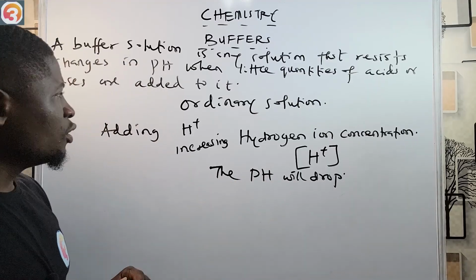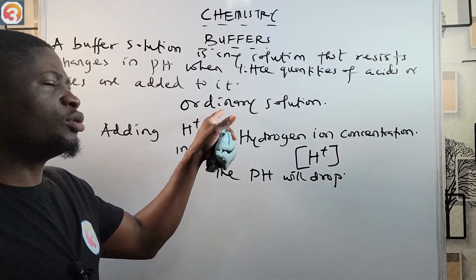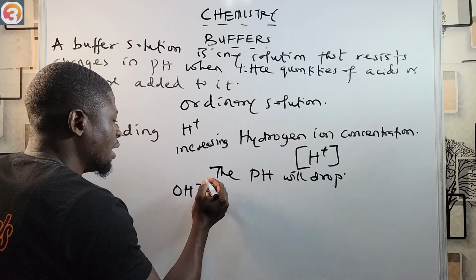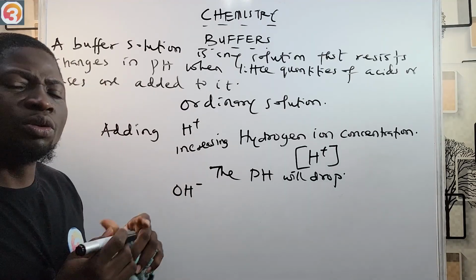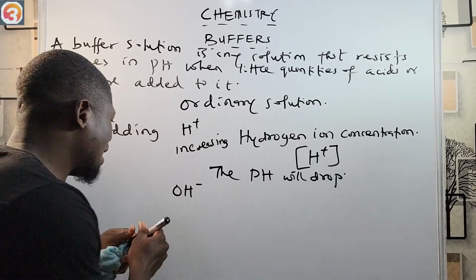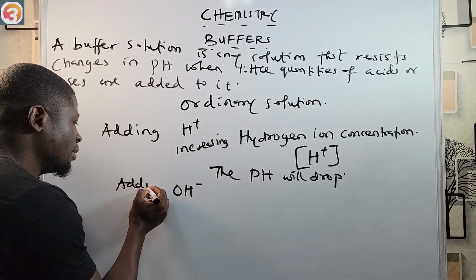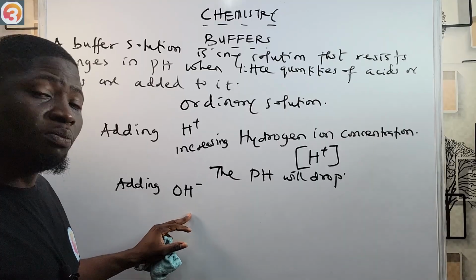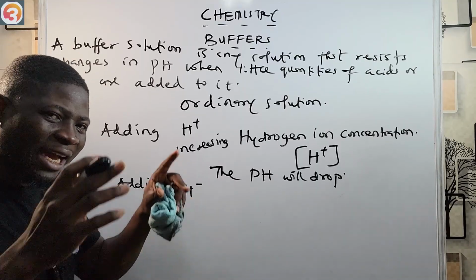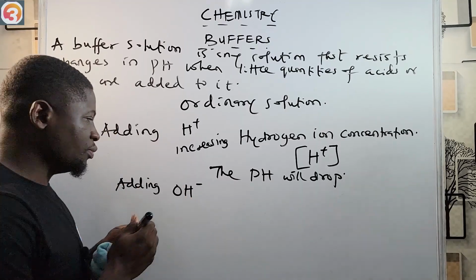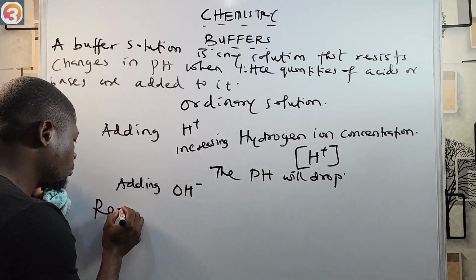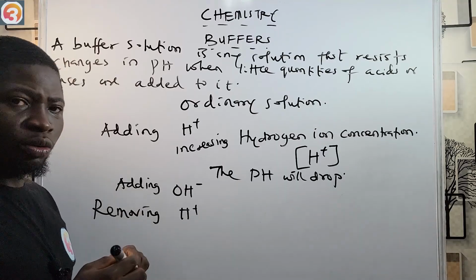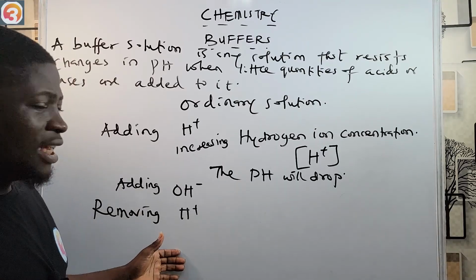Now, on the other hand, when we are adding base to an ordinary solution, it means I'm also adding hydroxyl, or hydroxide, ion to the solution. First of all, let me put adding: we are adding OH ion to the solution. It also means that we are removing hydrogen ions from the solution. And because of this, it means that the pH will